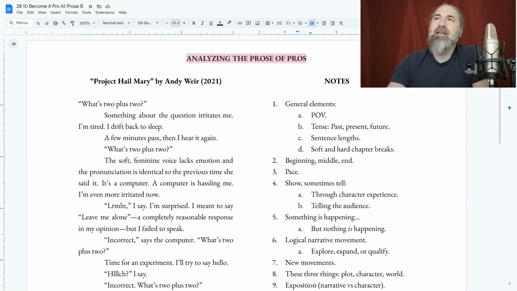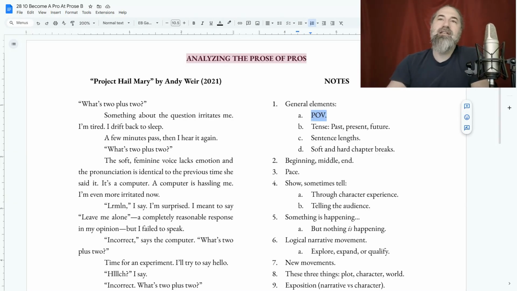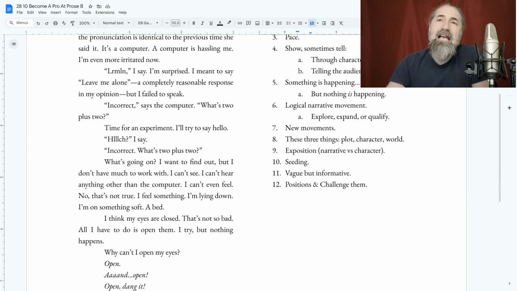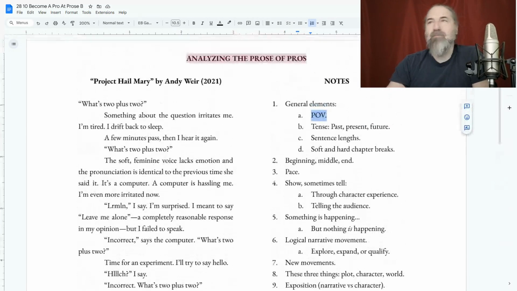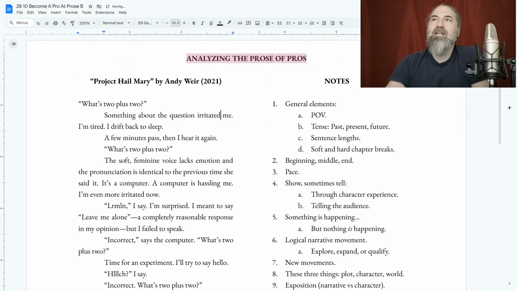So obviously, the POV is first person. Tense: this is present tense. Why is it present tense? Something about the question irritates me. It is in the present. If it was past, it would be "irritated me." If it was the future, though, future tense, which is